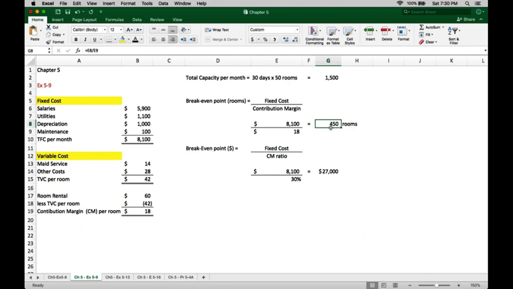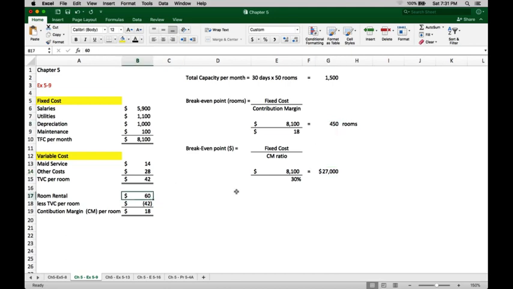You can't do 450 per day because you have only 50 rooms. Okay, so if I have 100% capacity within the first 9 days, I've covered my cost. But chances are if you're in the off season, you're not going to have 100% capacity. So through the month, at least a third of my rooms have to be rented out in order for me to break even. So if I've earned $27,000 in revenues, that is 450